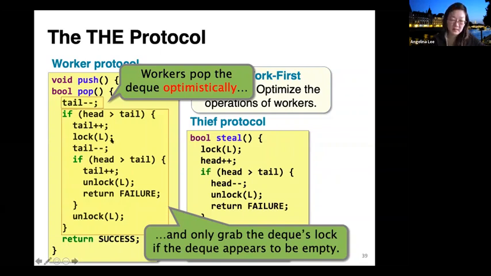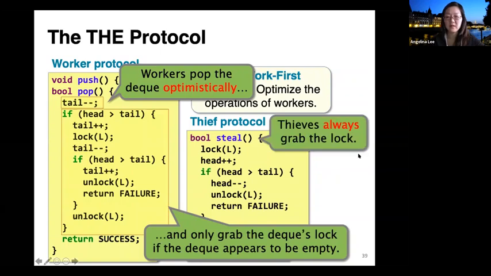And then once I successfully acquire the lock, I then try to pop the tail again. And now since I have the lock, I know whatever head and tail values I read are the true current values of the head and tail. And so in this case, either I may potentially fail, in which case I put back the tail, unlock, and return failure, or maybe I am successful, in which case I get the last frame, and I unlock and return success.